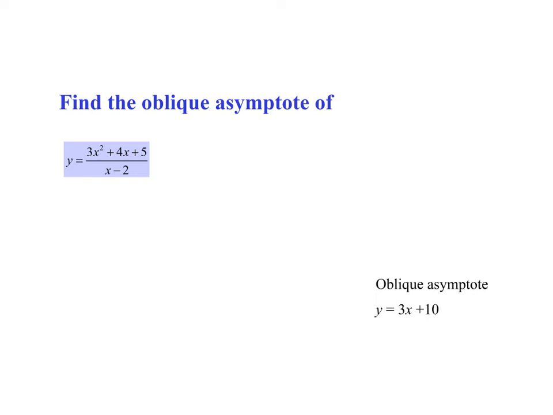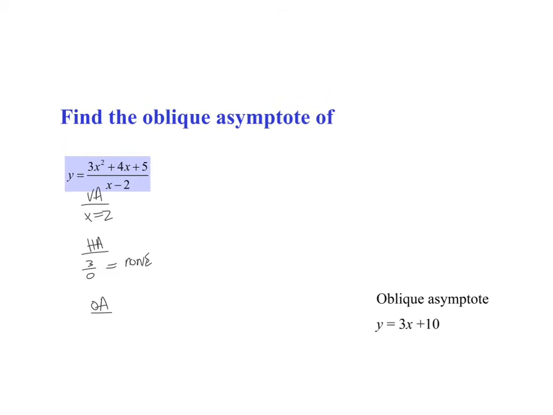So we look at it, we would have our vertical asymptote at x equals 2, so that's good. Our horizontal asymptote in this case would be 3x squared divided by 0x squared, which means there's none or doesn't exist. Okay, so that means we likely have an oblique asymptote. So we know our equation should be y equals mx plus b, so the question is, how do we figure it out? So if we do our long division,